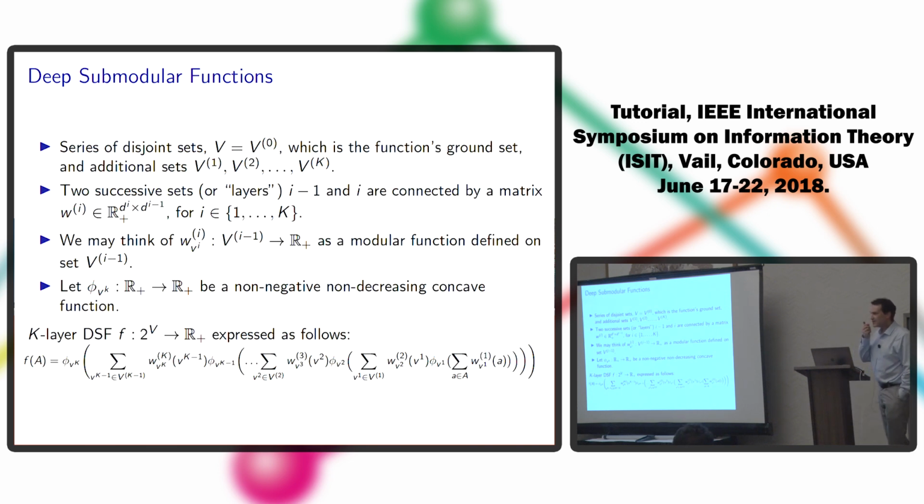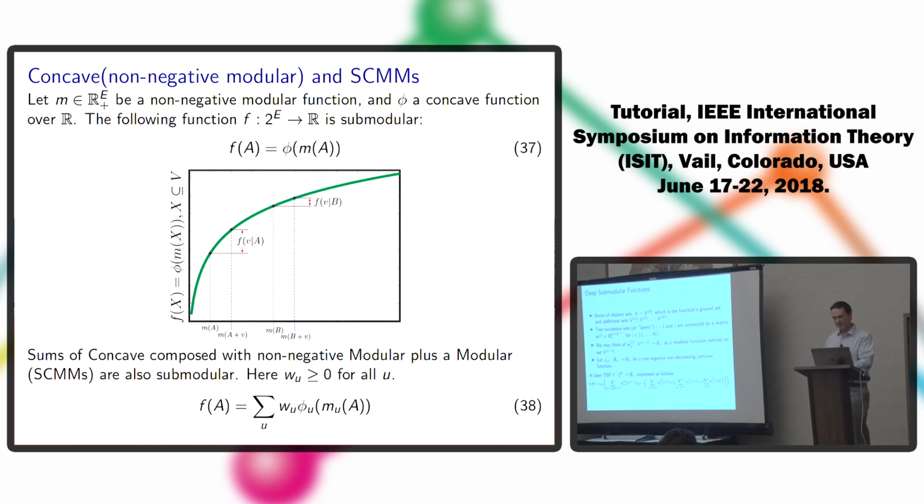And then another class of functions, this is also a fairly recent class, is called deep submodular functions. There's been a lot of interest, of course, in deep neural networks in the machine learning community that I'm sure everybody's aware of. It turns out that you can actually define a class of submodular functions in a way that's analogous to the way that deep neural networks are defined. There's a lot of notation here, but basically the way it works is that you start with a function like this,